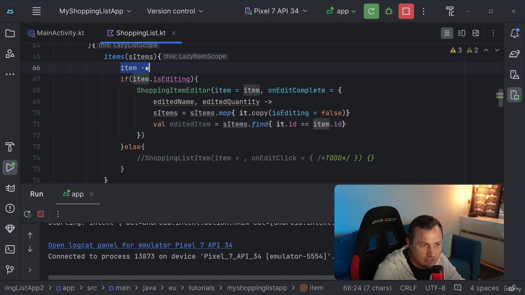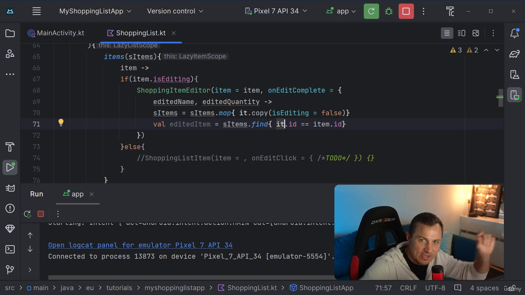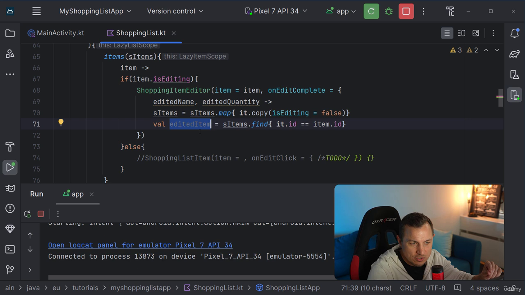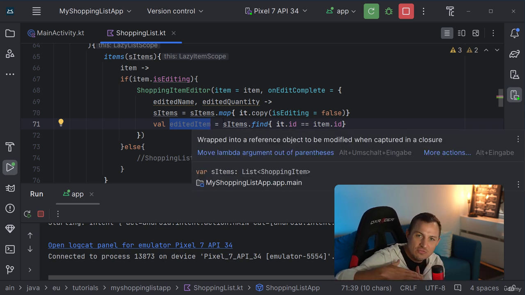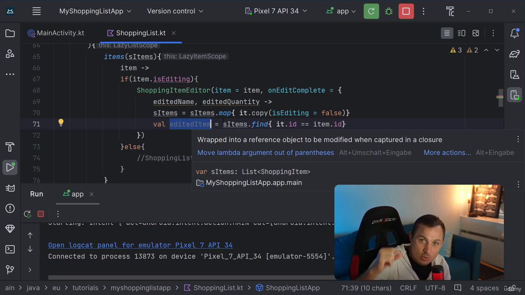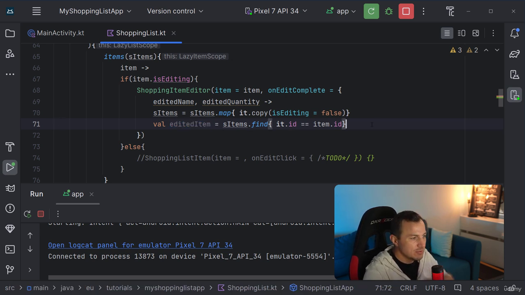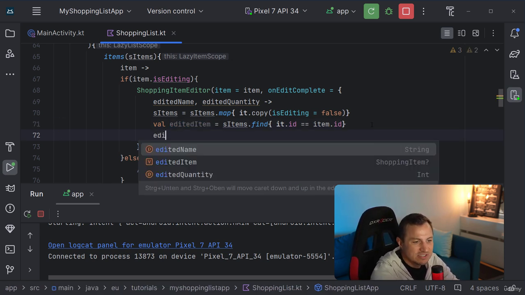We get the item, and here we say the item ID, that's the ID of the item that we're currently editing, should be equal to the ID of the item that we are comparing it to. And when we find the item that has the same ID, at that point, we want to store the item that we found in editedItem, so that we know which of the items inside of that list of 10, 15 items is the one that we're currently looking at and that we are currently editing. So now that we have the edited item, we can safely